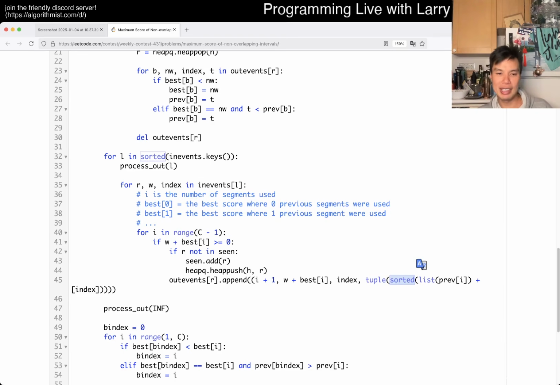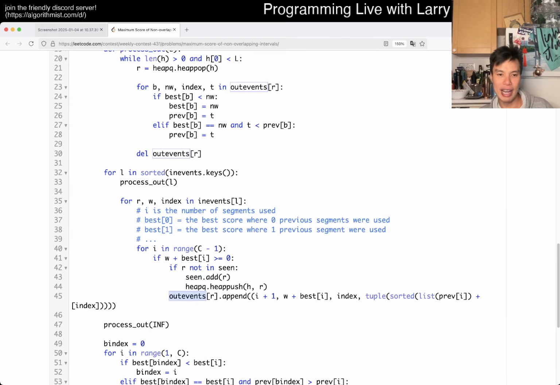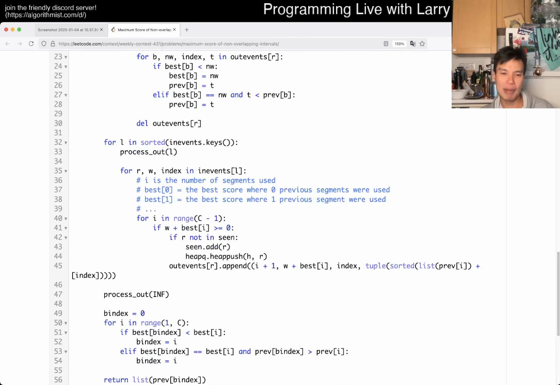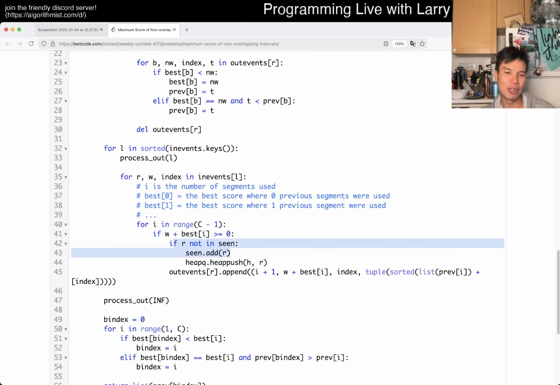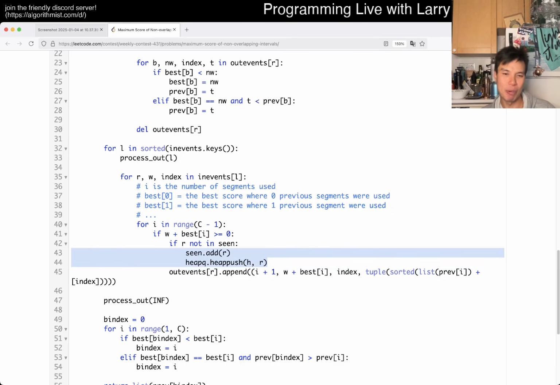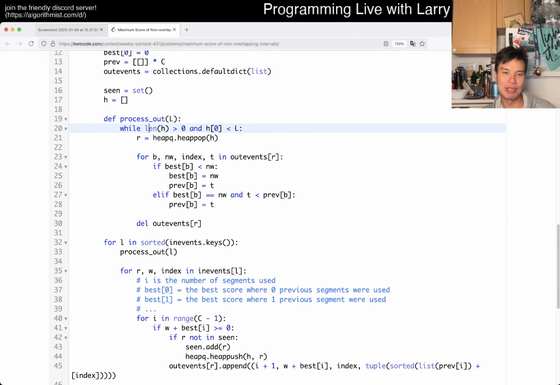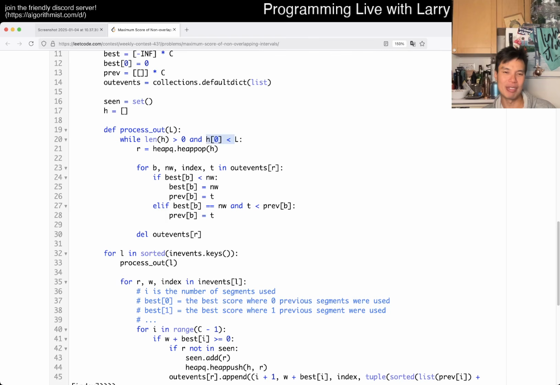So that's the in events, and then for out events, we process it on L and infinity at the very end. I actually didn't talk about this one, but basically we just push the right side, the out event, on the heap so that we process it in order, right? Now when we process it, we take it off the heap, and make sure that for L, which is the left boundary that we want to process up to, but not including, we just pop, and this is the right side. Then we process the out event, given these four things,